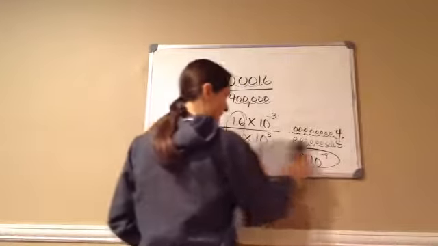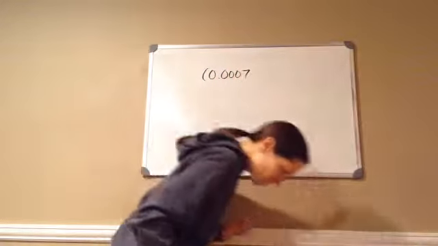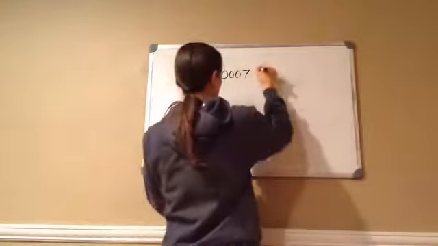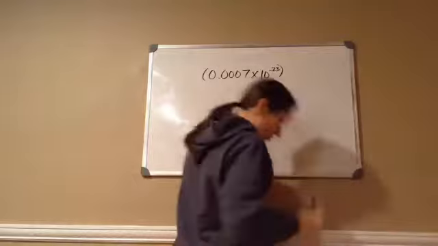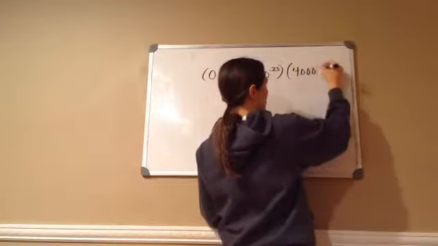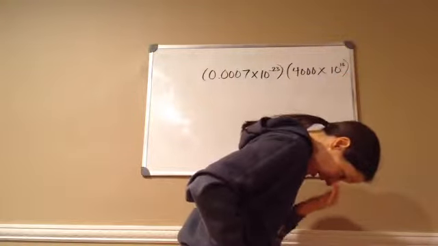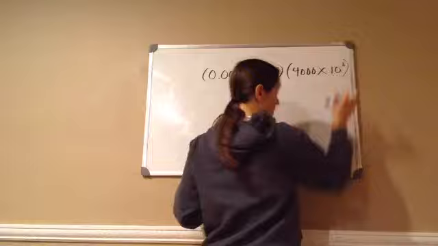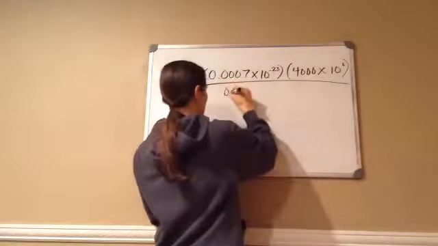Now let's do multiplication and division problems. So stay with me. All right, multiplication and division. And for example, here's one of the problems. 0.0007 times 10 to the negative 23rd. And they're wanting to multiply that by 4,000 times 10 to the 16th. Then you're going to divide all of that by